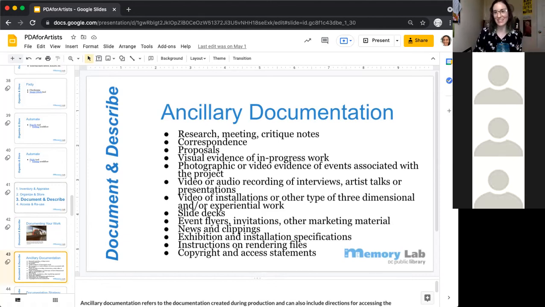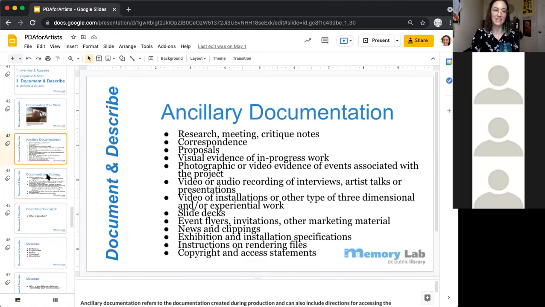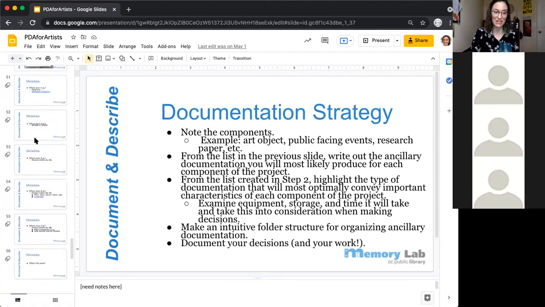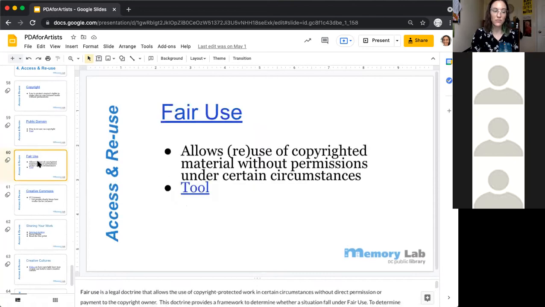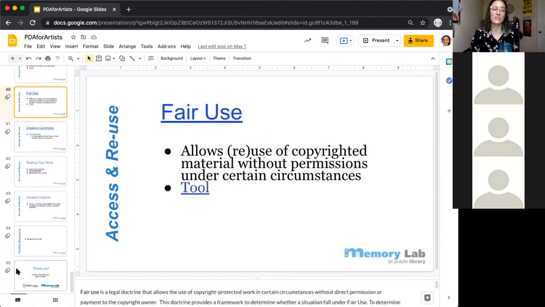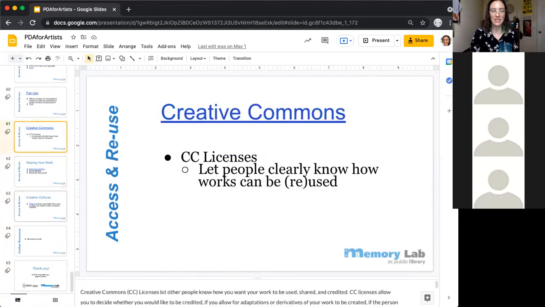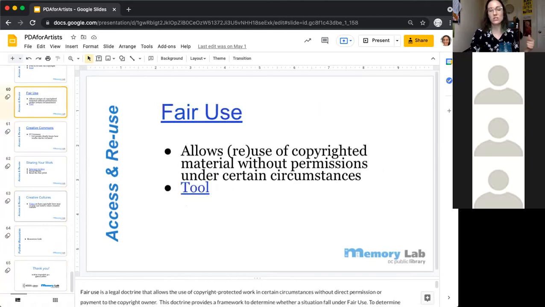Of course, there's a lot of artwork out there that's very ephemeral and meant to be, so that's also something you might want to document. It's like, yep, it's one time and it's over, but we have documentation that it happened, and that was the intention. So you can see there is a lot of information here on documentation. There are 65 slides here, so it gets very long. But once again, this is focusing on a specific type of audience, so I think you probably have a more engaged